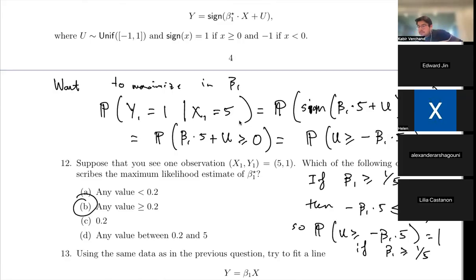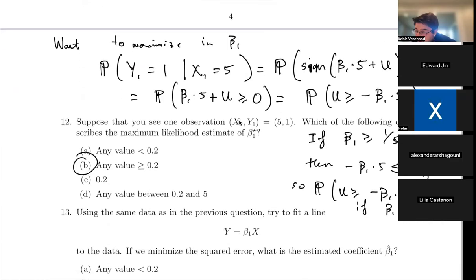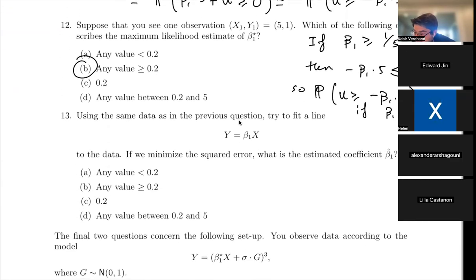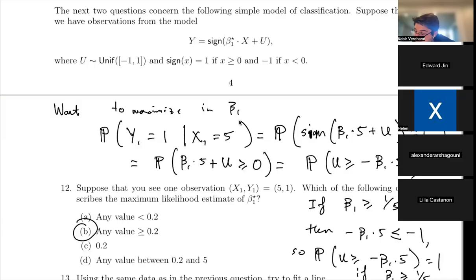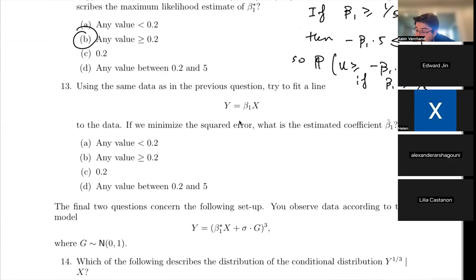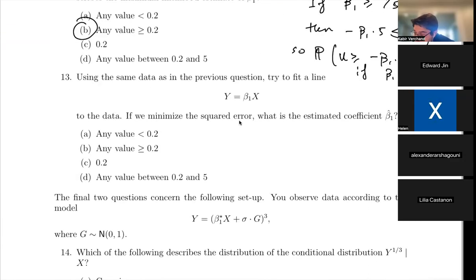Okay. All right, we can move on now to question 13, which now, instead of taking into account what this actual model is, we can just pretend that we don't actually know what the model is, and we can try and just misspecify and fit a line, y equals beta 1 times x. Now, if we try and do this, we might try and minimize the squared error. So here, we want beta 1, which minimizes